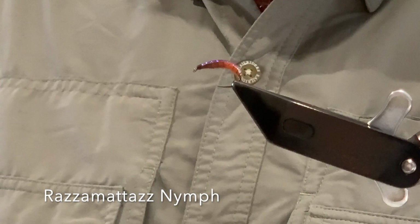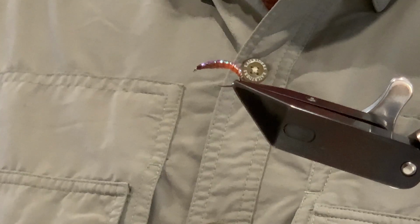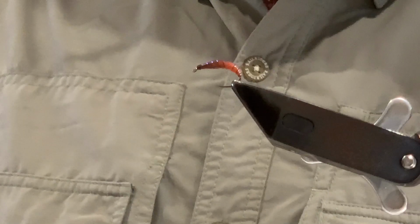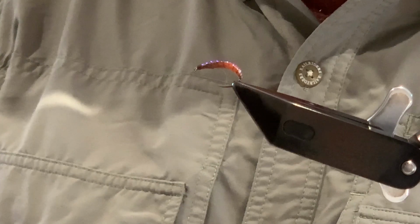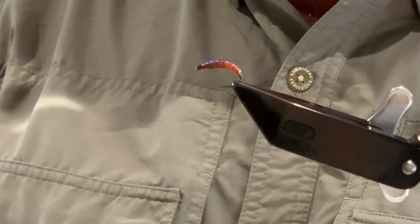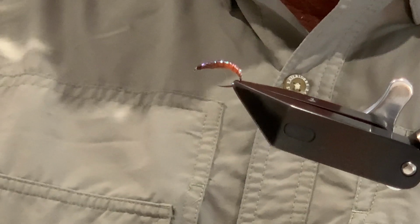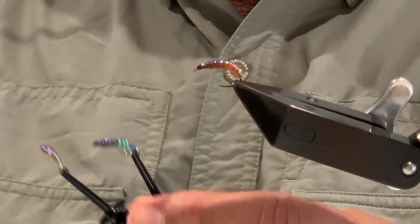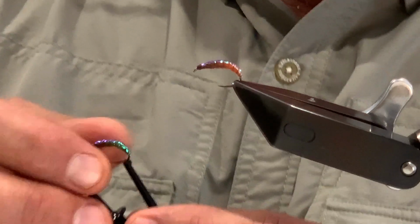So this is really just a variation of a more traditional Czech style nymph. There's nothing inherently special about the tying of the nymph per se, or the actual way you do the pattern, but more so in the materials that I use for this nymph. By itself, it looks like a reasonably flashy, attractive nymph. The real change comes with the materials that I